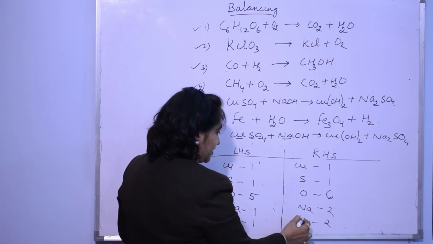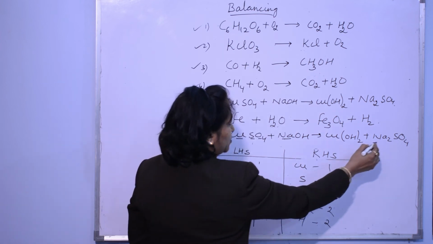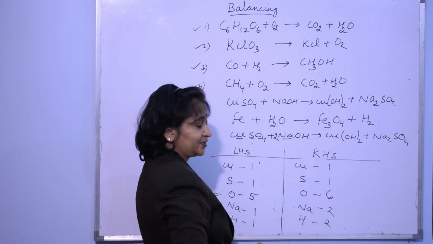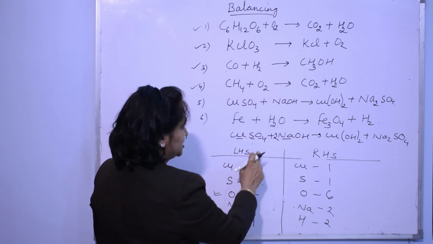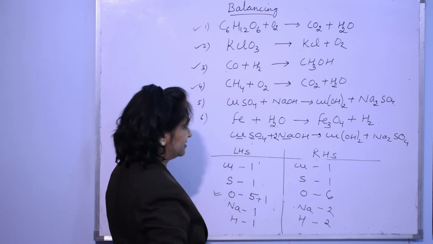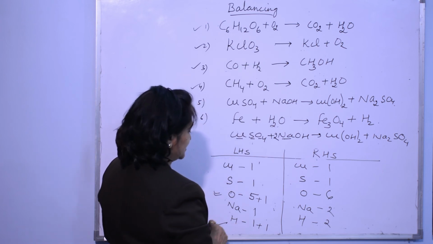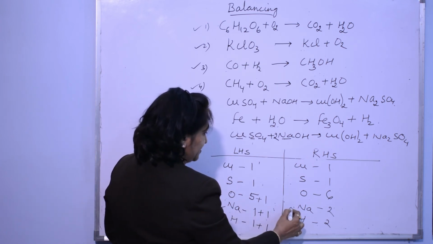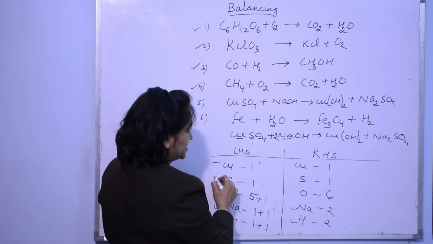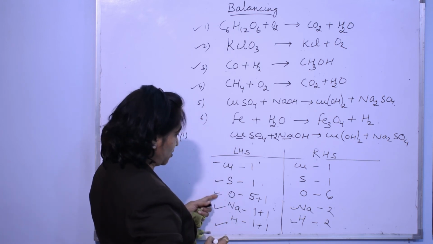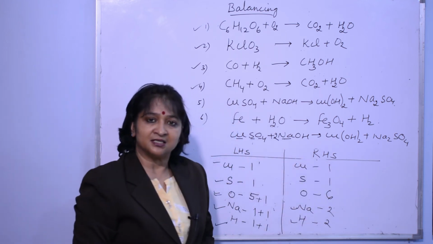So when 2 atoms of hydrogen are there, let us start balancing with sodium. Sodium required is 2. So you put here as 2. When you place here 2, what are the changes? Oxygen becomes how much? 4 plus 2, 6. That means here it is 6. Hydrogen becomes 2. Hydrogen is balanced. Sodium becomes 2. Sodium is balanced. Right? So now where do we have to see? Copper is already balanced. Sulfur is already balanced. Oxygen, sodium and hydrogen. So remaining all are balanced then.